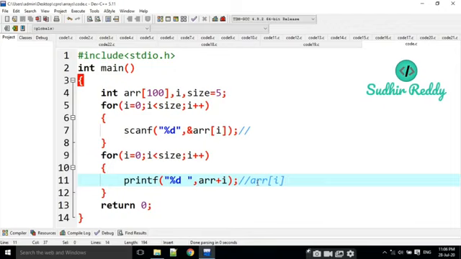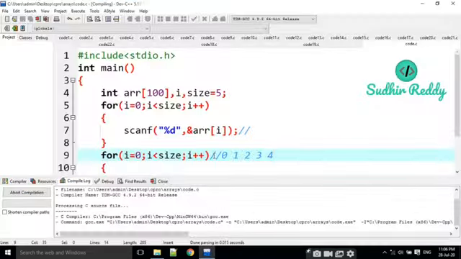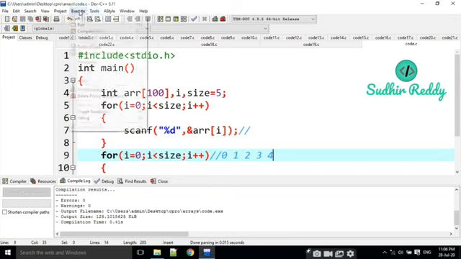What is arr? arr is the address of the first value plus 1. Some plus 0 here. I am going to add the i value. The i value is 0, 1, 2, 3, 4 like this. What is the first value here? Here I am going to execute it.